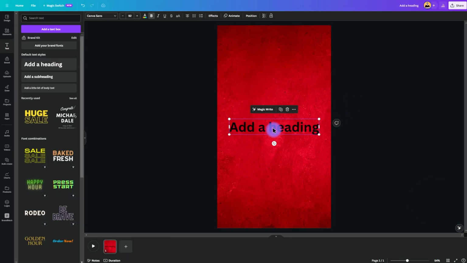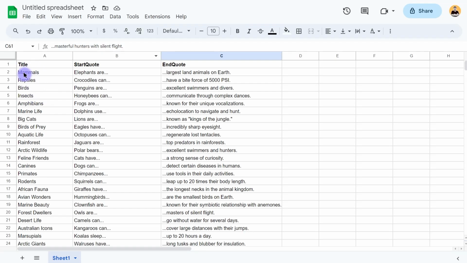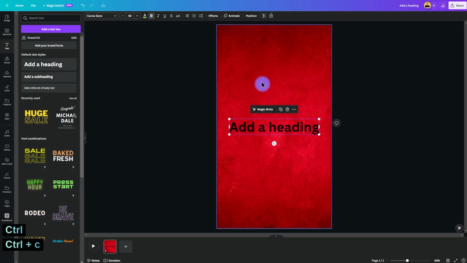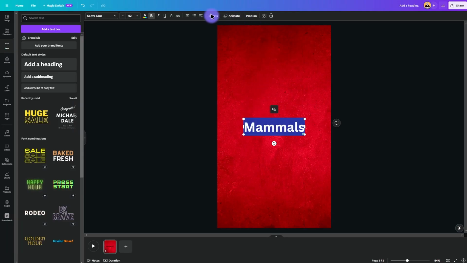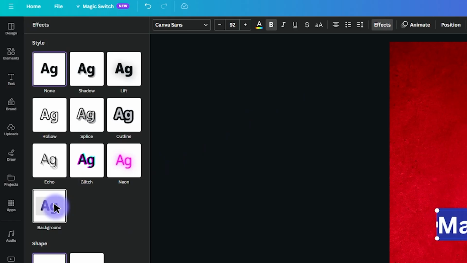Now here we have a heading added in the scene. First, insert our sample data over here to see how it looks before setting up the template with the values. So head over to your spreadsheet, and we're going to take the first one, title. Now go over here, effects, add a background